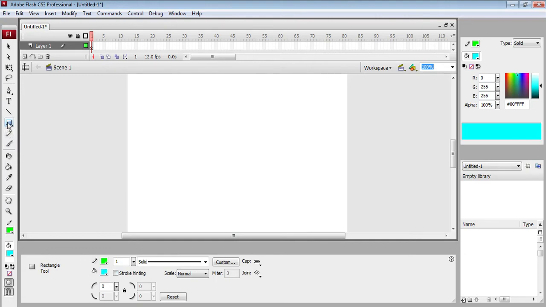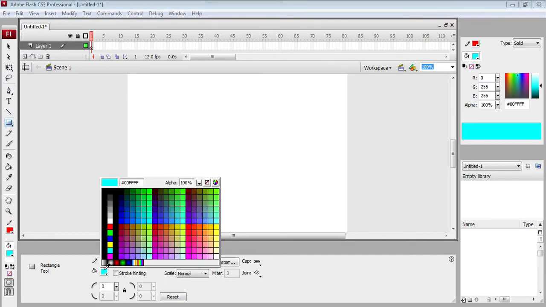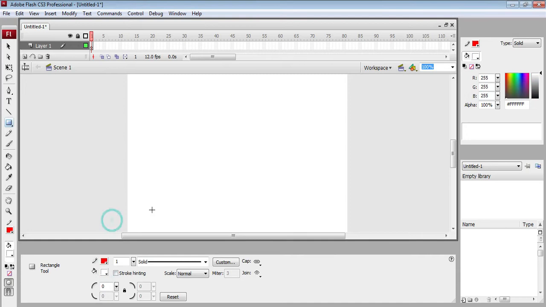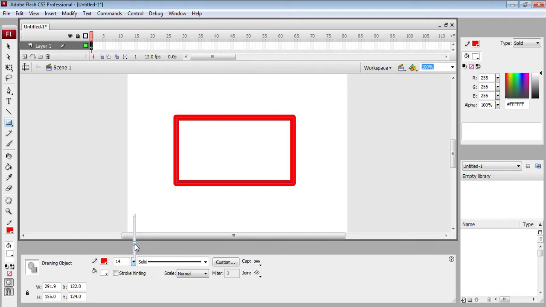First I am going to select the rectangle tool, and then I change its stroke to red, and for fill color I select white. Now I am going to draw one shape. You can see I have drawn a shape. After this, I'm going to change its stroke. You can see that clearly.